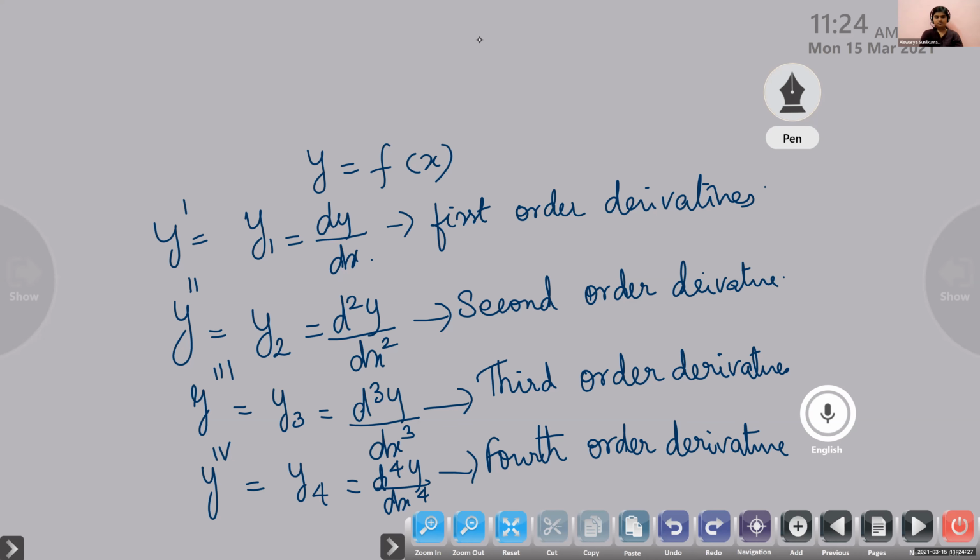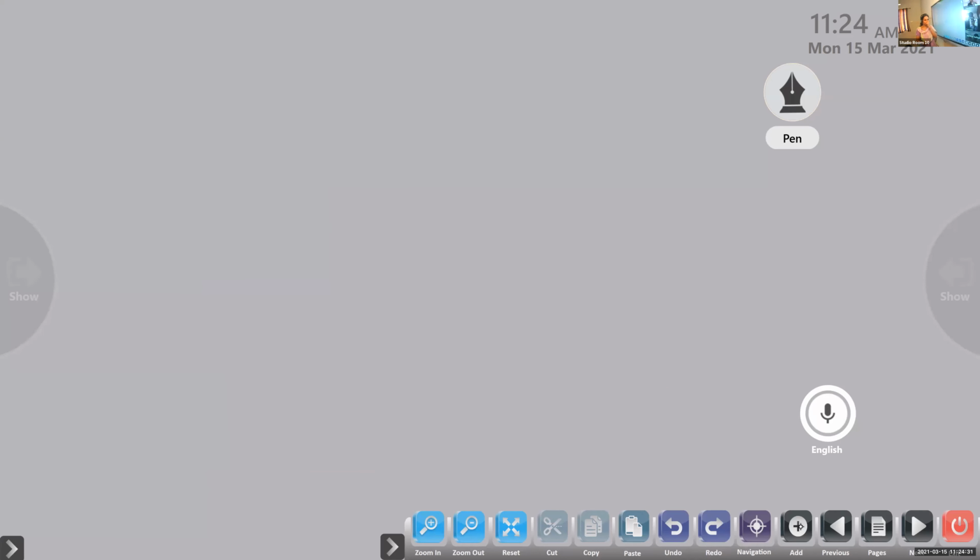So, okay, what is the differential equation? It is an equation involving derivatives of the dependent variable with respect to only one independent variable. I'm going to write some examples. You have to tell me what is the order of the differential equation. I'll write some examples. You have to tell me what is the order.